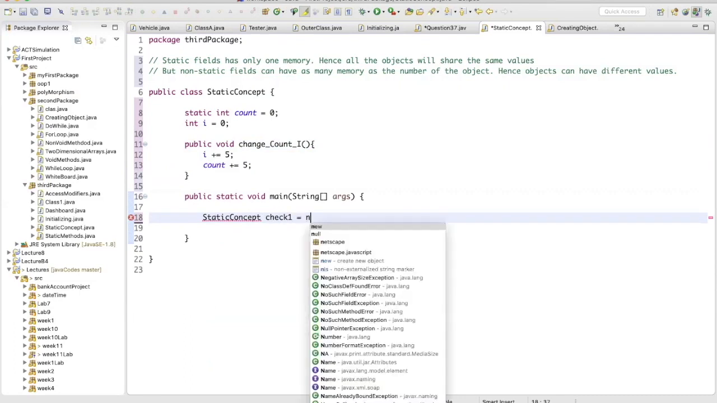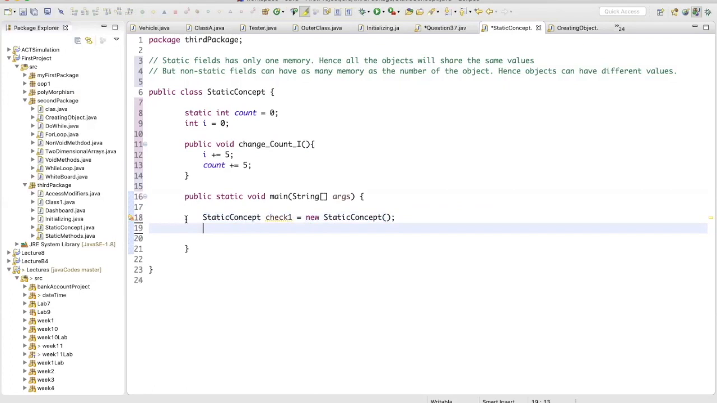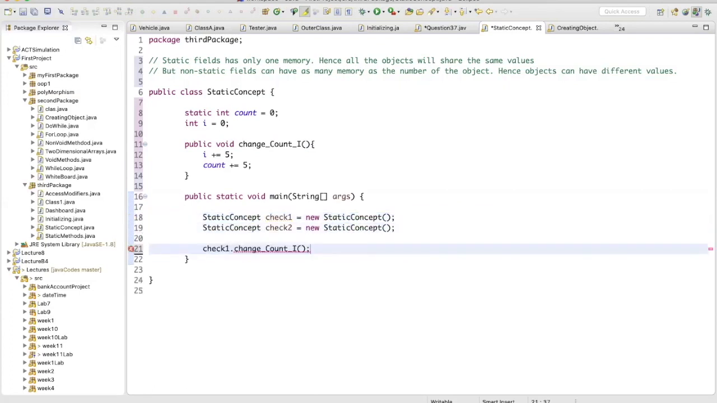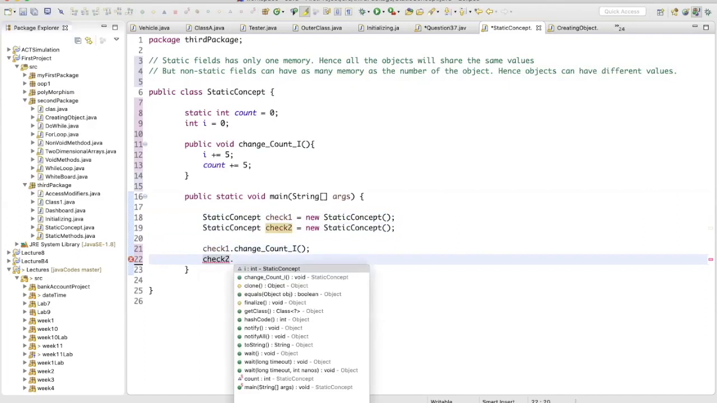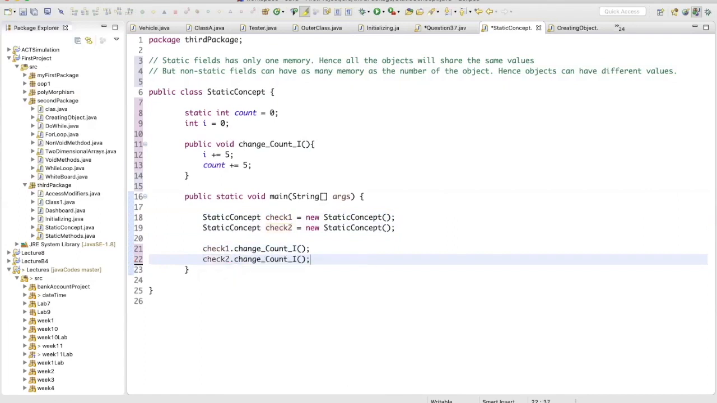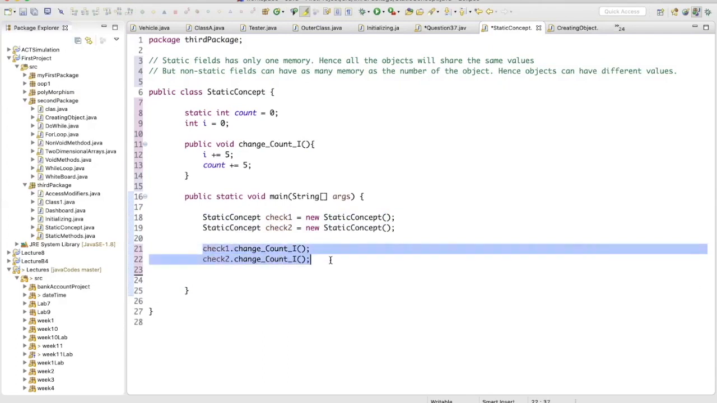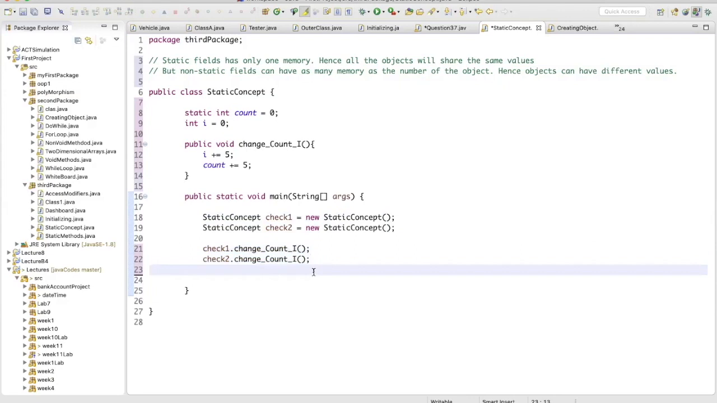I am creating an object for my class, and I will create another object. I will create two objects. I am going to use these objects, and I will call my method of change count with these objects, and every time I call this method, again my I is going to increase by 5, my count is going to be increased by 5. But the point here is check1 has different I value and check2 has different I value,